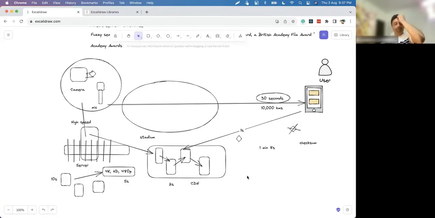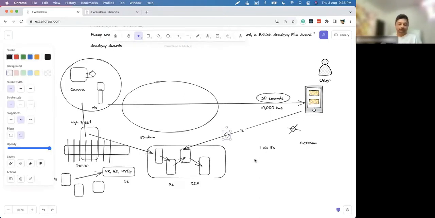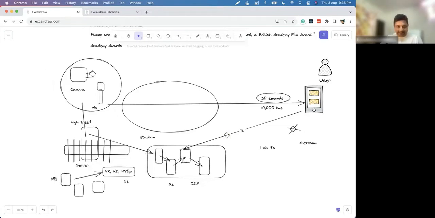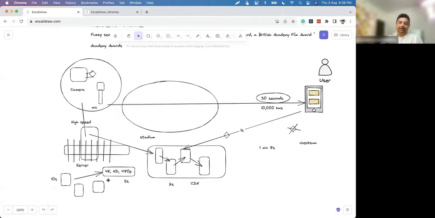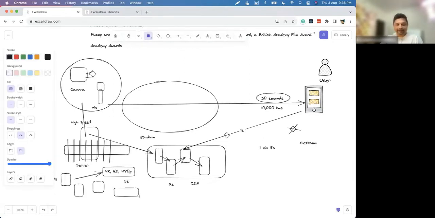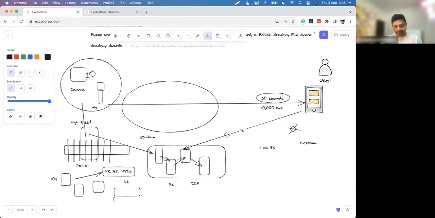So this is one more way of ensuring that you have very high quality video available. But yes, do a chunk of 10 seconds. Also, you can reduce this 1 second by compressing. You perform various algorithms to compress the content.